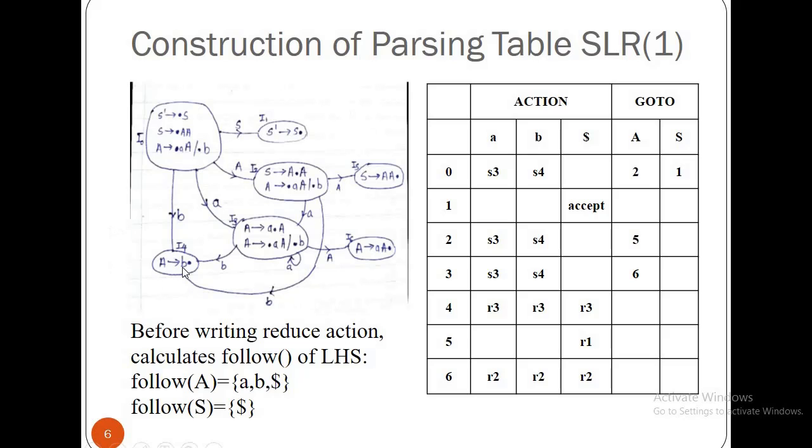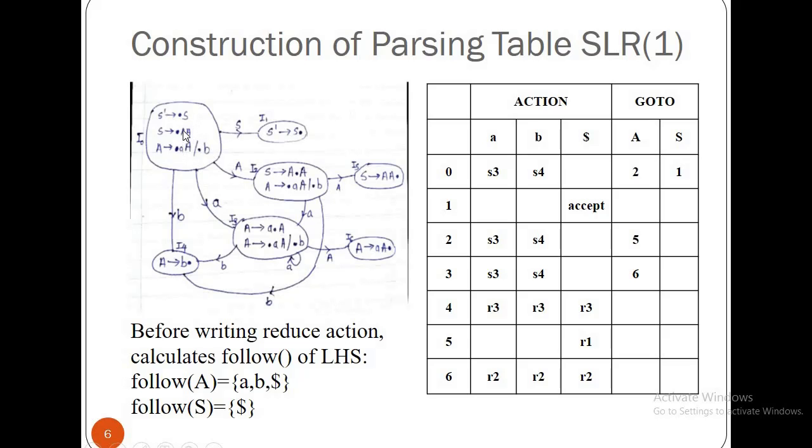For example, if we take into consideration state I4, in this the reduce action is to be performed with respect to rule number 3, and here follow of A with respect to the given set of CFGs is small a, small b, and dollar. Why is it so? Because after A, capital A only is there.